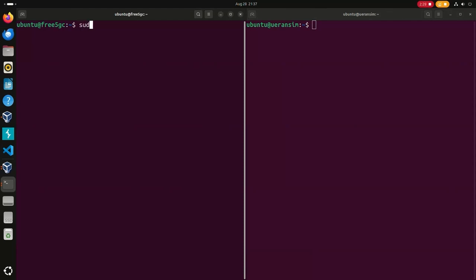Yeah, now we are going to start running the Free5gc and Ueransim setup. So first we are going to run the command to set ip_forward equal to 1. So entering the sudo password. The next,